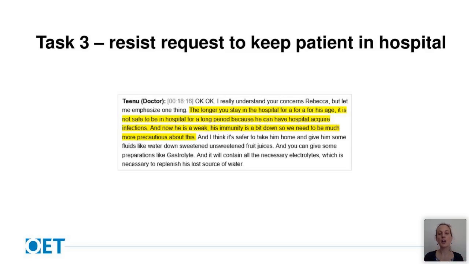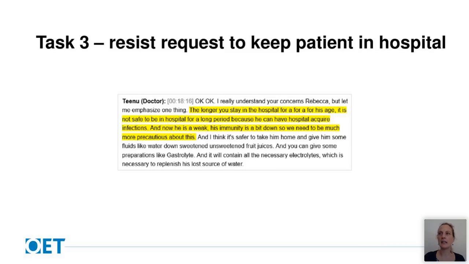You are very confident that what they have is something that can be treated well at home. This extra detail that this doctor provided straight away at the beginning could be useful later in the role play, where the last task is to convince the parent it's safe to take his or her son home. So this would be a useful argument to convince the parent, if they remain reluctant, that it is safe to go home.